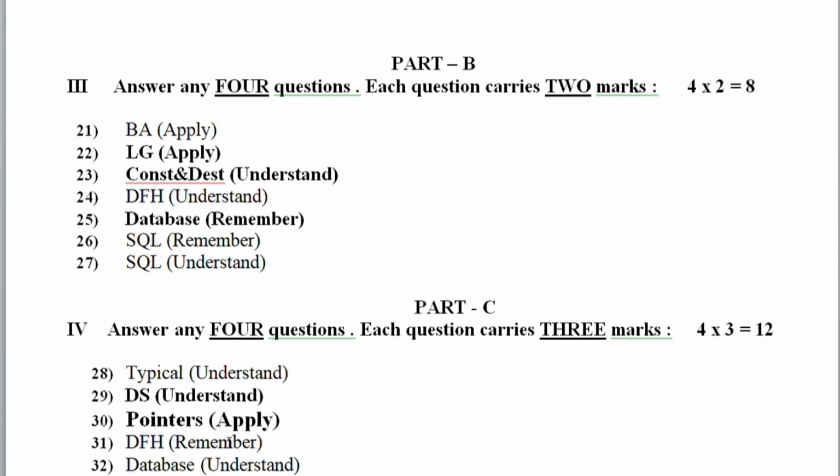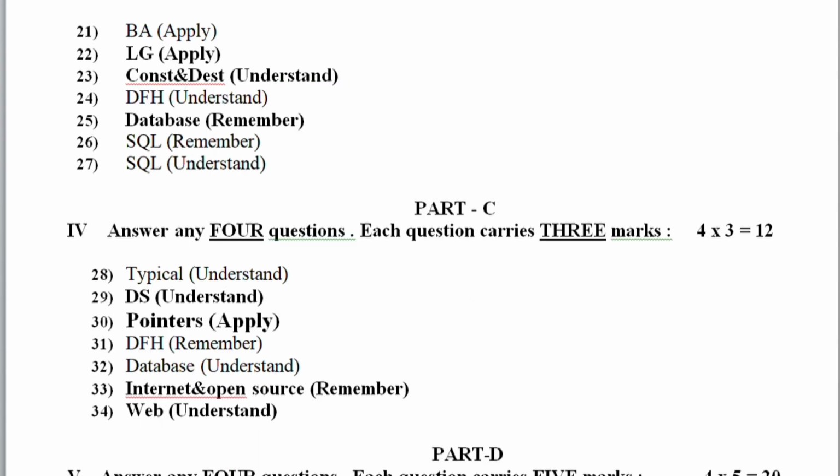Coming to part C, typical, no change, same only. Data structure, in the previous you had understand, here also understand. Then pointers, application, same. Data file handling, remember. Database, understand. Internet and open source, in the previous you had application, here it is remember. And here web designing, in the previous you had application, here it is understand. So like this, the levels of question changes, weightage remains the same. This you need to make a note of it. Weightage of chapter remains the same,